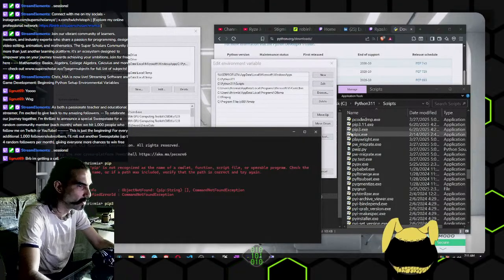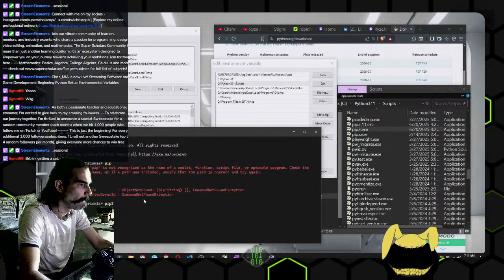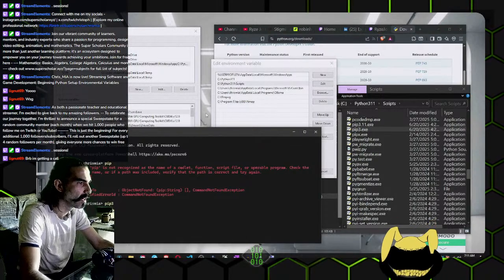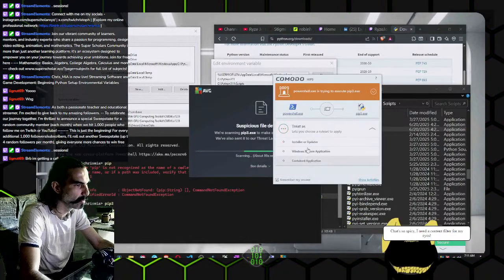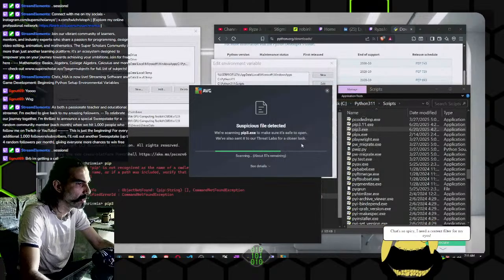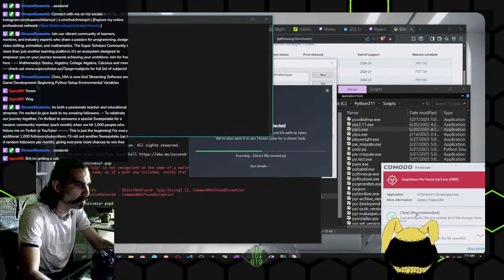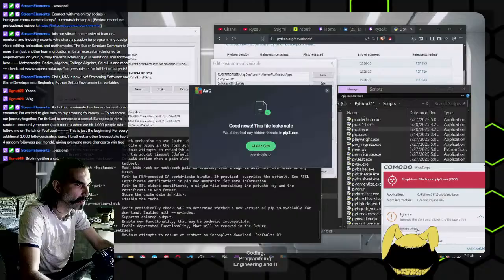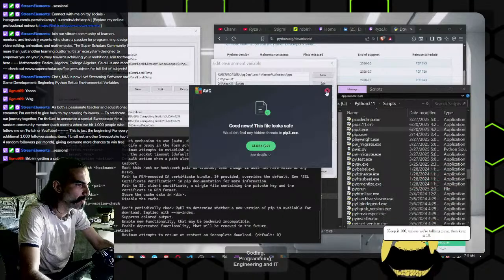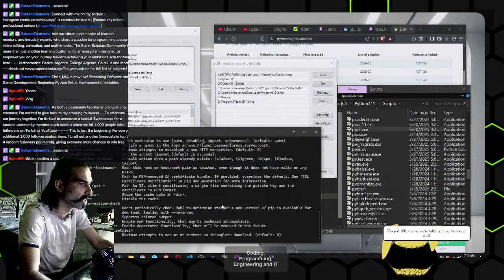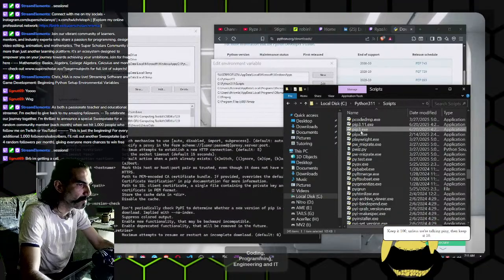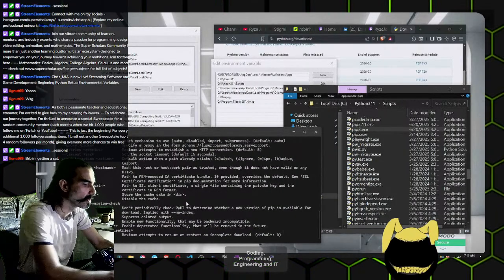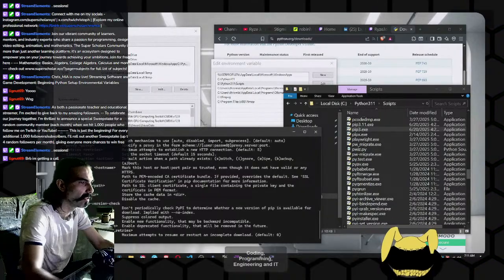There we go. You'll notice that right here is pip3, and I'm able to run it because of the environmental variables. I've got to give it a moment to go through my antivirus. There we go. So pip3 is being registered as a normal command, so I can just type pip3 and it'll run